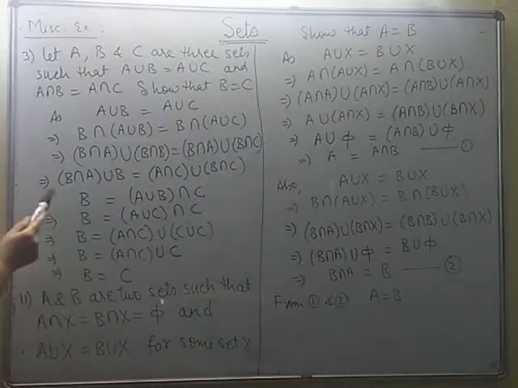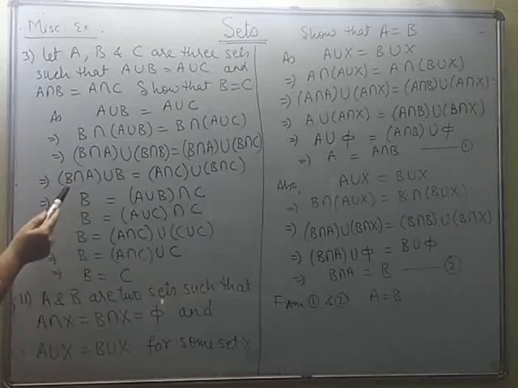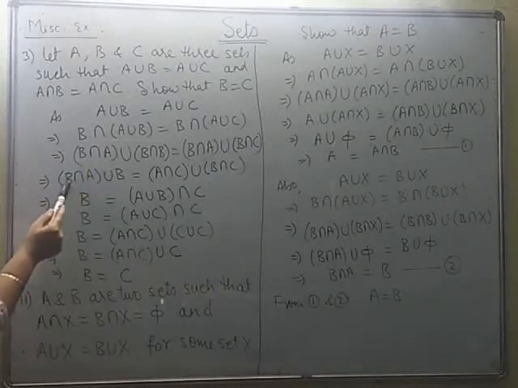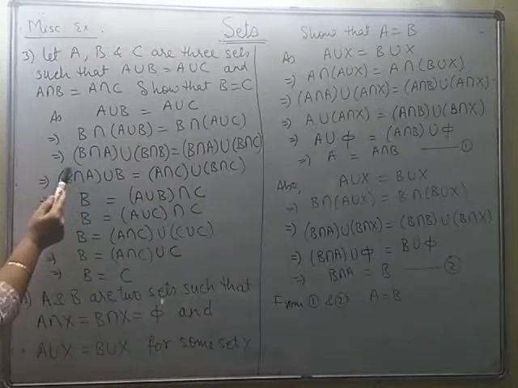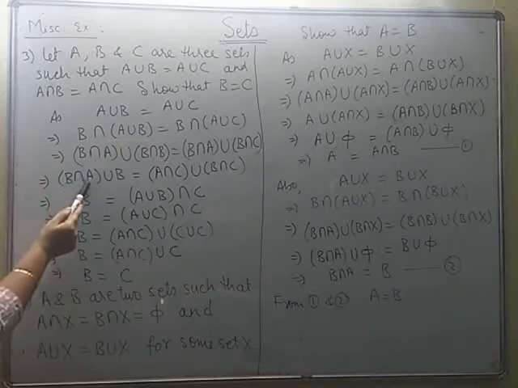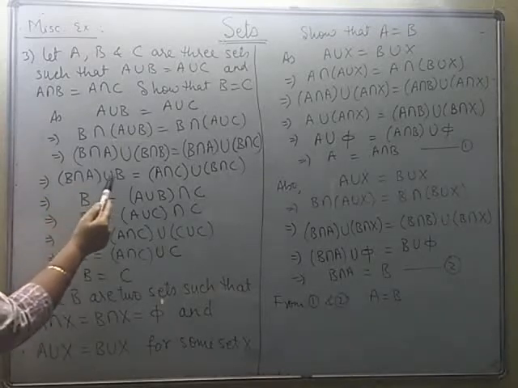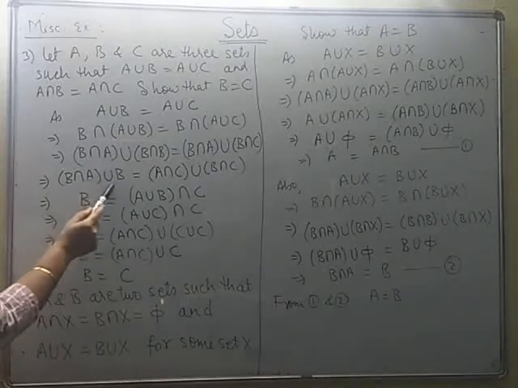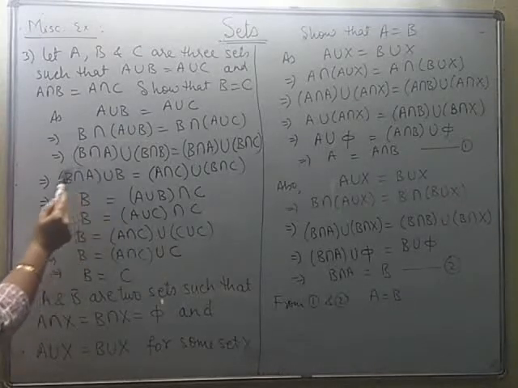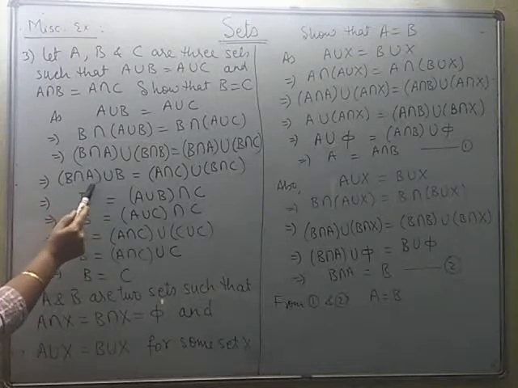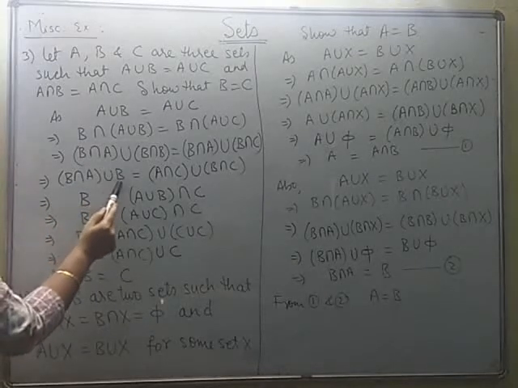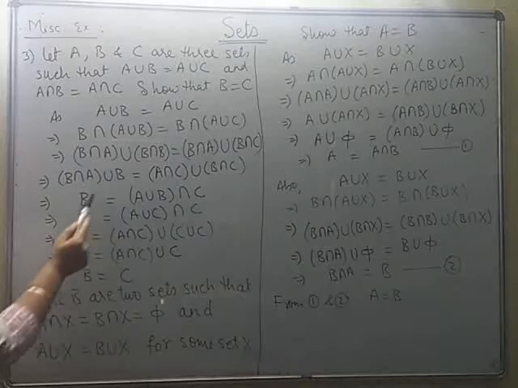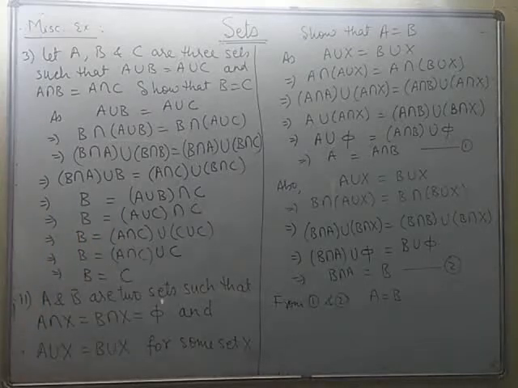Now coming to the left hand side, look at this very carefully. This is a set which is the intersection of B and A. So you will get a part of B here which is common to A. Then you are again taking its union with B. So out of these two, which is the superset? You will find B is the superset of this. So whatever will come here, that will entirely come in the set B. So when you are taking their union, it will be set B only.